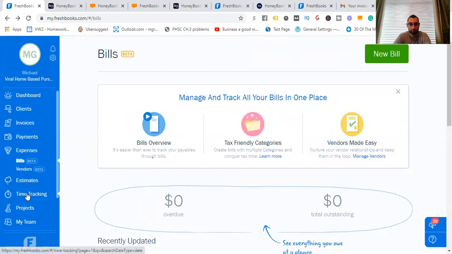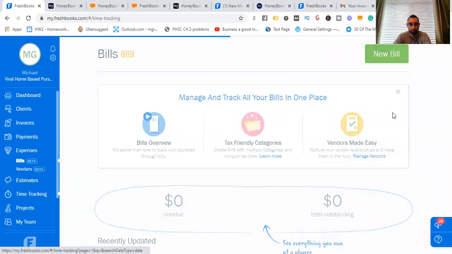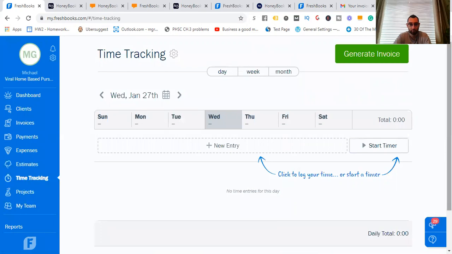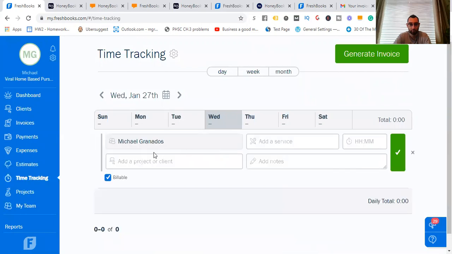We can go through estimates, the time tracking right here, right? We can generate an invoice, we can go through a new entry, add a service that we're going through. It's not really a service, but we're going to go through that. There, add a project or client. Maybe you already have one added. You can create a new one. Add notes if necessary. 1 hour,